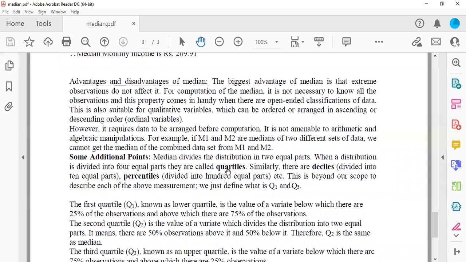I will explain in the next class what this means, with an example, and try to calculate quartiles, etc. But before that, also, if a distribution is divided into 10 equal parts, then they are